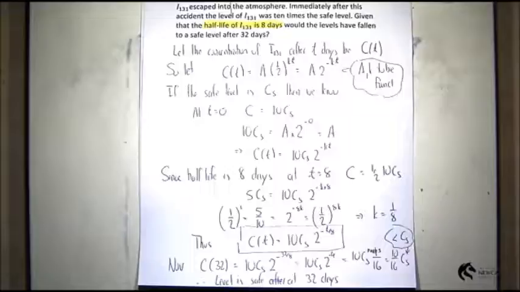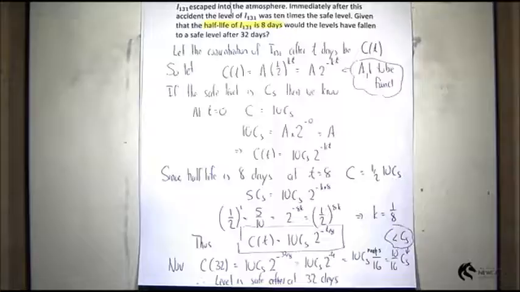Carbon-14 has a half-life of 5,730 years. What's the percentage of the original amount that would remain after this many years? Again, we don't know the original amount, but it's not a problem. I'm just going to call it something. So I can say, if at t equal to 0, the amount of carbon-14 is, I'll just go N0, because I don't know what it is,